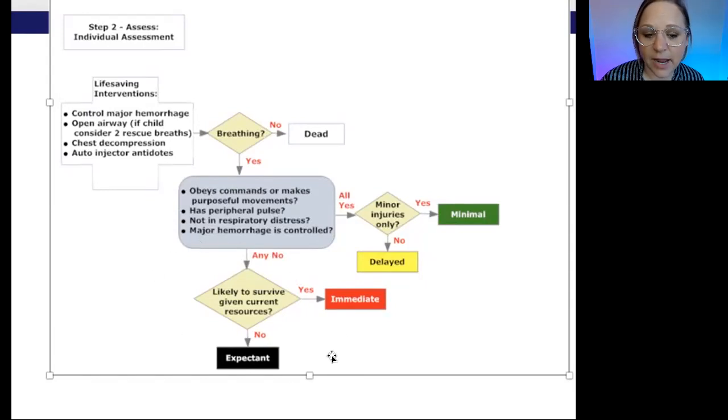If any of these things are happening, we would move on to consider whether or not they were likely to survive with current resources and either label them as black or red. If they're minor injuries, it would be either green or yellow. So you can see it's a really similar tool. It's not quite as specified as the START or Jump Start, but you may see this when you are working